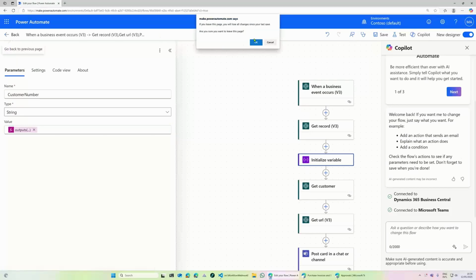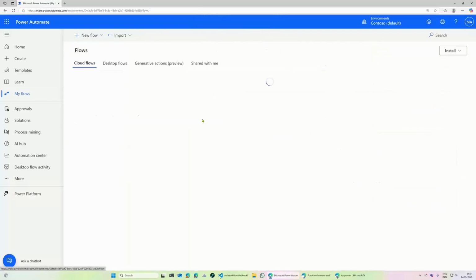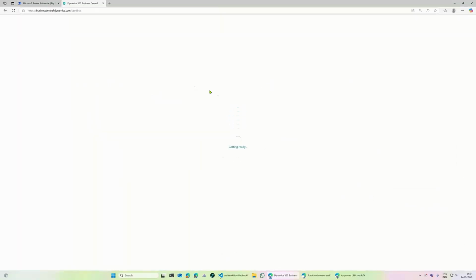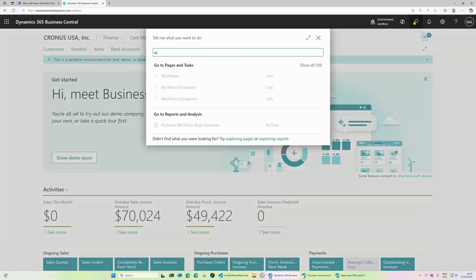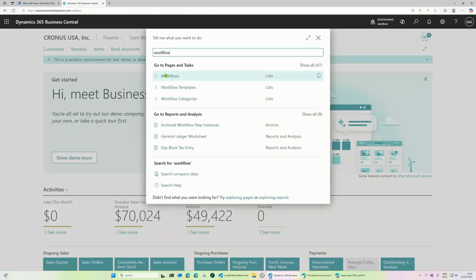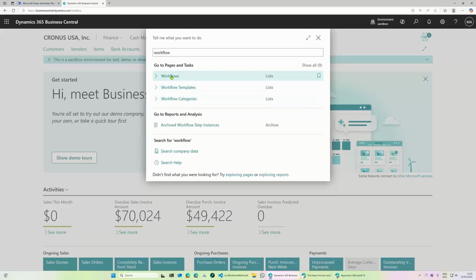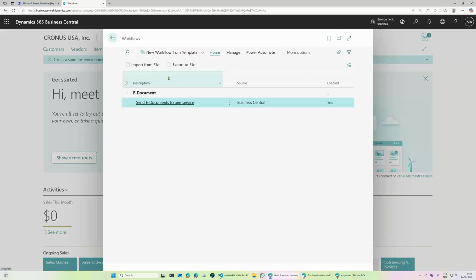First of all, I have at this moment no approval flows running. Opening my sandbox environment and opening the workflow overview, and here we are. The idea is that it opens workflows, but there was only one workflow. So no approval workflow here. And if we now would say in a purchase invoice, for example, request approval, it will say, sorry, I cannot do that because I have no approval workflow configured here.